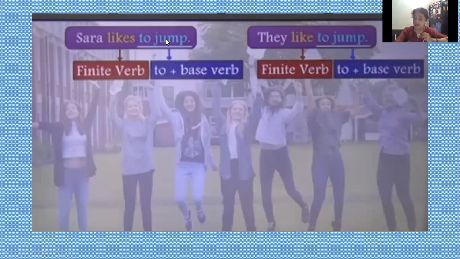After that, you can say there is another word. In this sentence, we have two verbs, likes and jump. Jump is also a verb only, an action verb. In the second sentence also it's jump, but it is followed by, can you see one difference here, that it is followed by to. So to plus jump, that is a base form. Here also to plus verb, that is a base form.